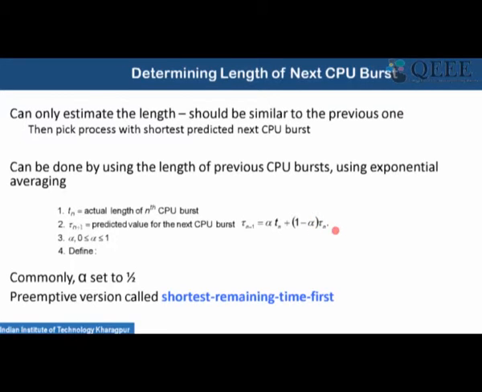So tau n was the earlier estimation, and we are giving some weight to the actual burst that we have observed at the nth CPU burst and to the estimation that we made. In general, we give equal weightage to both the actual observation and the estimation, and this is also called shortest remaining time first scheduling.